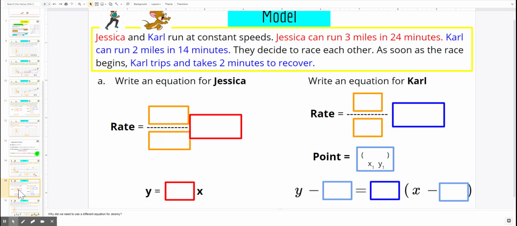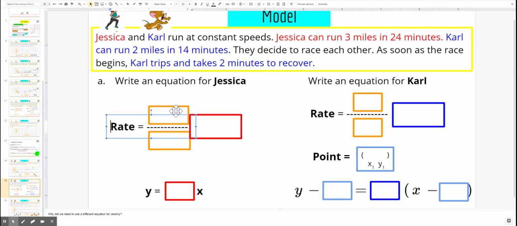We're going to use an equation to help us out. So I've already moved our highlighted version over here. And when we write an equation, we always need 2 things. We always need the slope, and we need some sort of point. Either it's the y-intercept or any point. So for this first one, I'm trying to find the rate or the slope. And something we want to think about is the distance over the time. For any of the problems that you're working with today, you're always going to put the distance over time,